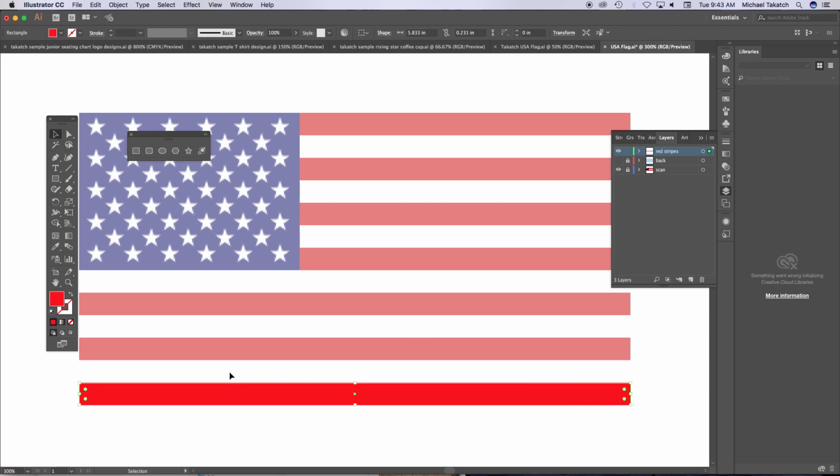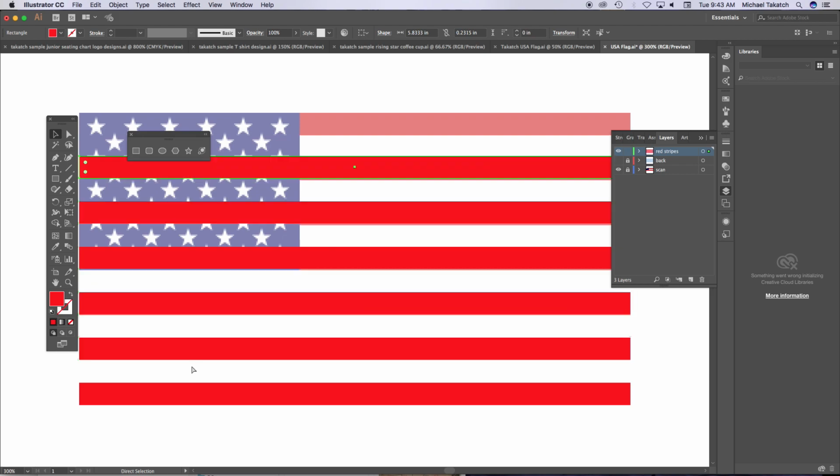Take the selection tool, I hold down the option, it duplicates this, and just drag it up with the shift key held down to keep it perfectly straight. That makes the second stripe. Without changing any keystrokes, just hold the command and click the letter D once, twice, and it makes all the stripes going right up the top there. Just going to lock and hide that